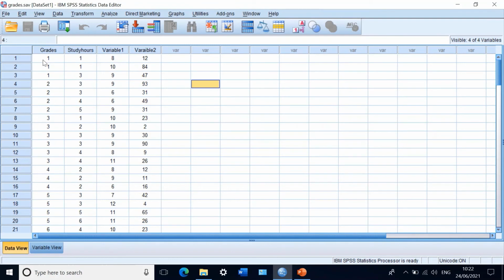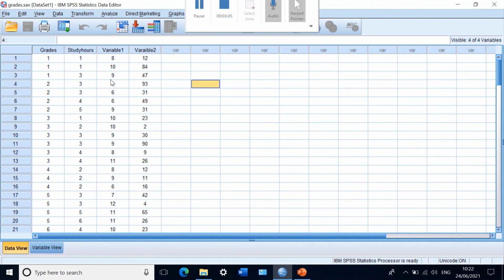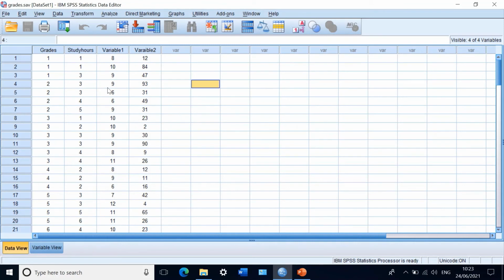It's not continuous. The study hours also is continuous because it can be 1 hour, 2 hours, 3 hours, 4 hours, 5 hours, 6 hours, 12 hours, 13 hours, and so on, 15 hours of study. Variable 1 also is continuous, and variable 2 is continuous. I've already checked the distribution of these